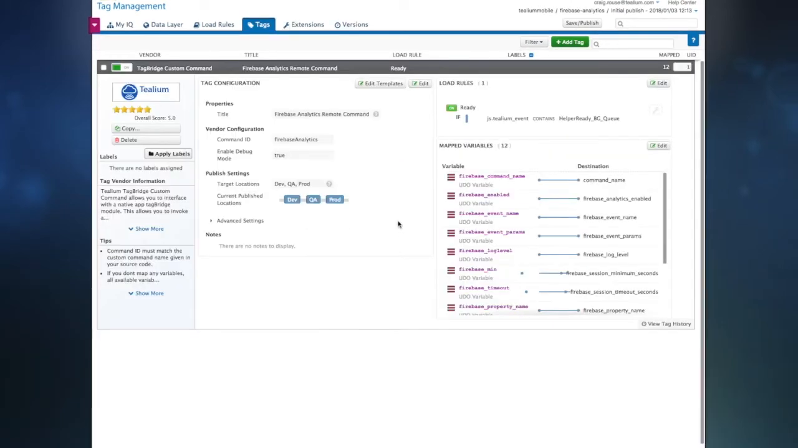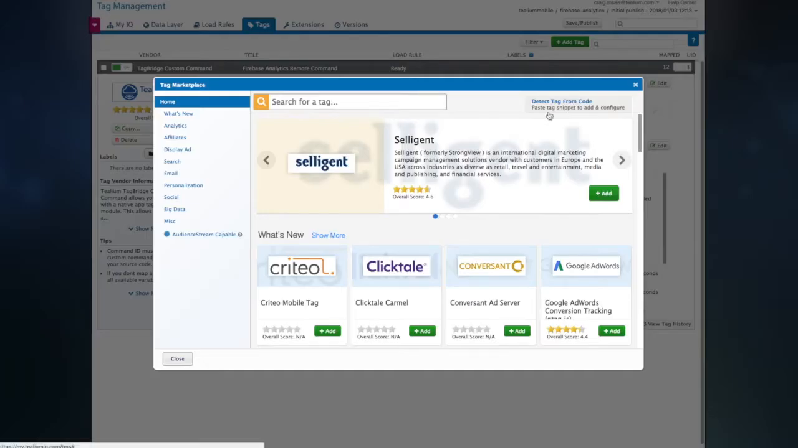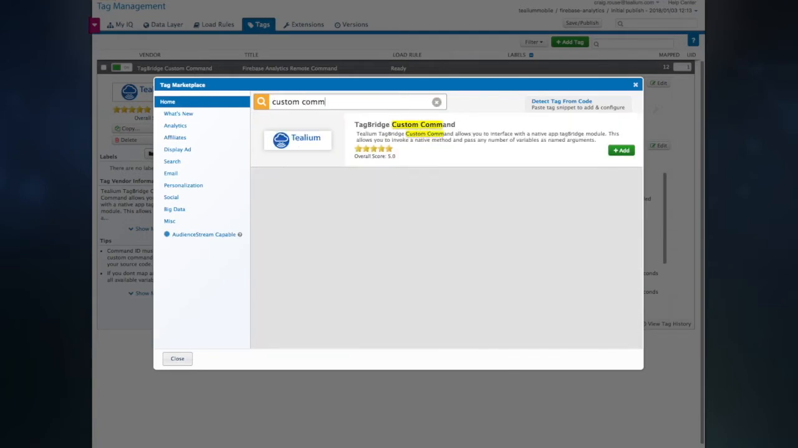The first step is to add a new tag, and the tag type is TagBridge custom command, which contains the API code which is required to call native functions inside the Tealium SDK from within Tealium IQ. So we're going to head over to the tags tab first of all, and then add tag, and do a search in here in the marketplace for custom command. There we go, TagBridge custom command. Then we'll press add,